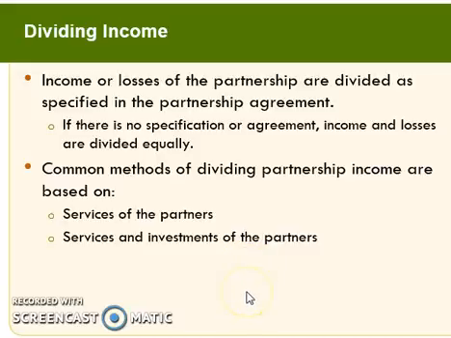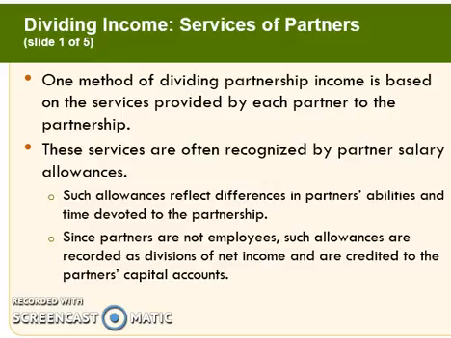It kind of makes sense that if you have a partner that put in $100 and another partner that put in $10,000, you may wish for the partner that put in more to get more of the profits. So let's look and see how this is going to work. If we divide this income by the services that each partner puts into the partnership, then